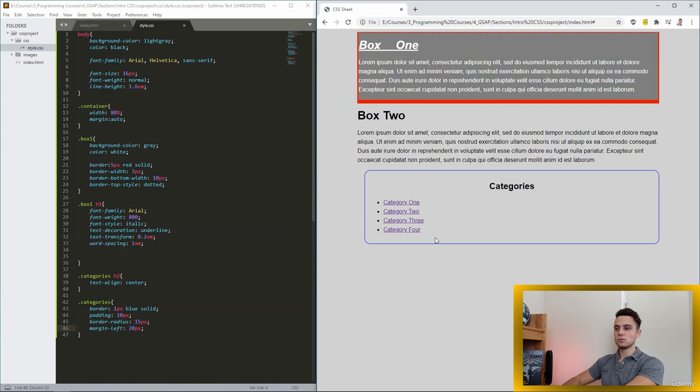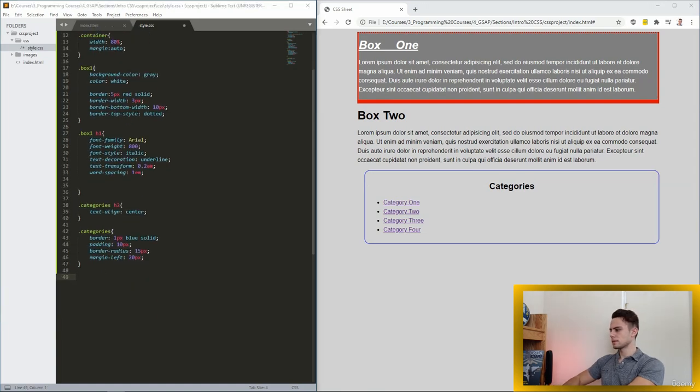Okay, that's it. So let's run it now and see what's gonna happen. So now, as you can see, we have a border around our categories, and the border has a radius. It is blue and it is solid. This is exactly what we specified here. And finally, let's actually modify each bit of the categories. So I will simply write dot categories ul,